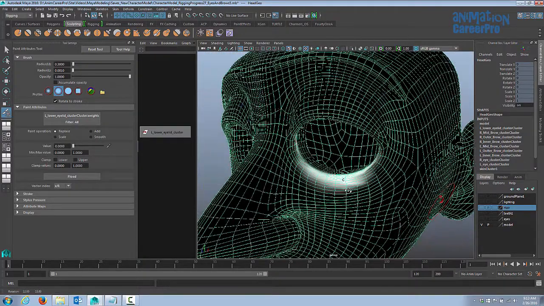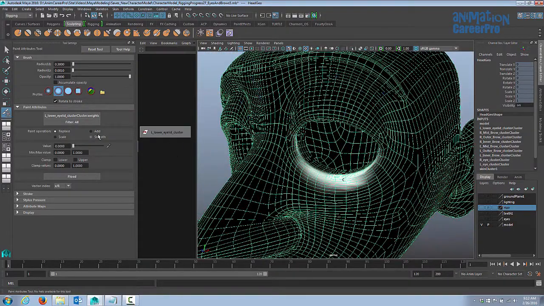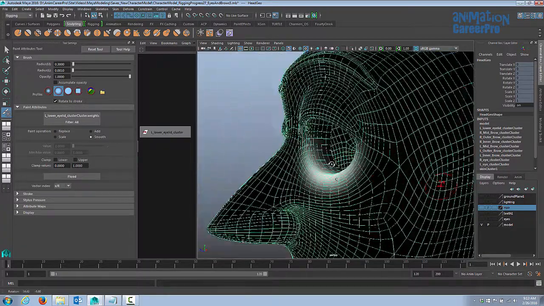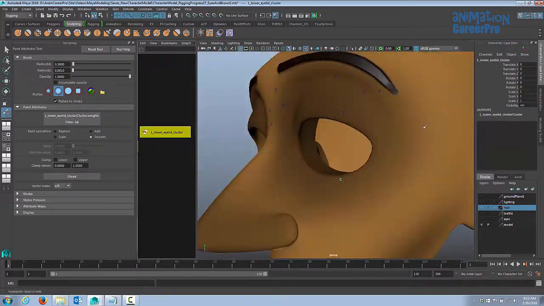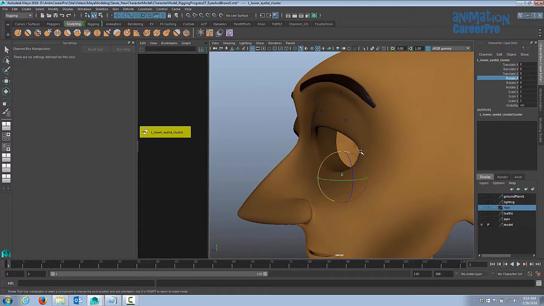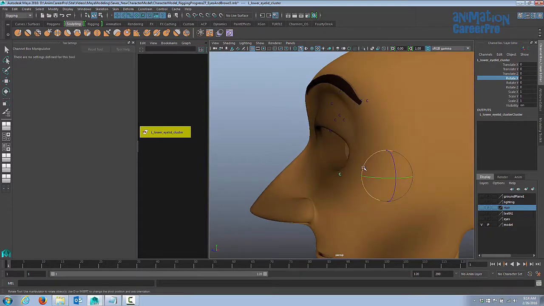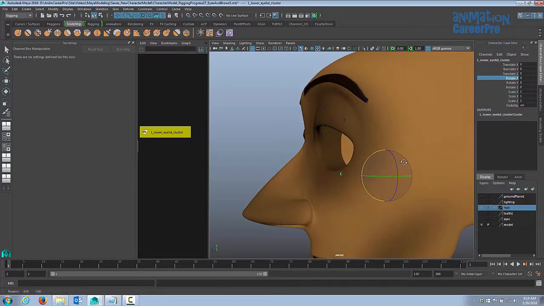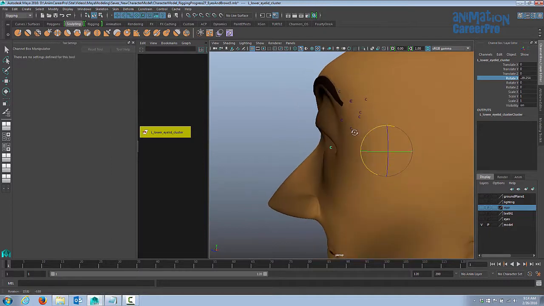Alright, so something like that should be good, and let's smooth flood that. So we'll select smooth and we'll flood it. So we'll select the cluster here. So let's change the pivot point, very similar to how we did the top eyelid. We can hold D down on our keyboard. It's a little better, but it's still sort of collapsing in on itself. So we have to move the pivot point up for this lower eyelid. So we'll hold D down again on our keyboard and just move it up. This is kind of a trial and error process.